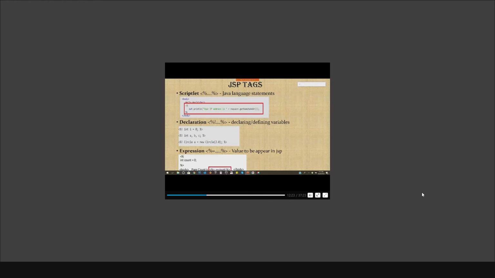Even you can write system.out.println inside this scriptlet tag. It will print the item in your console. Definitely. Whatever exact Java items you can put inside this scriptlet tag. And if you ask me what are the scenarios we may need this scriptlet tag,